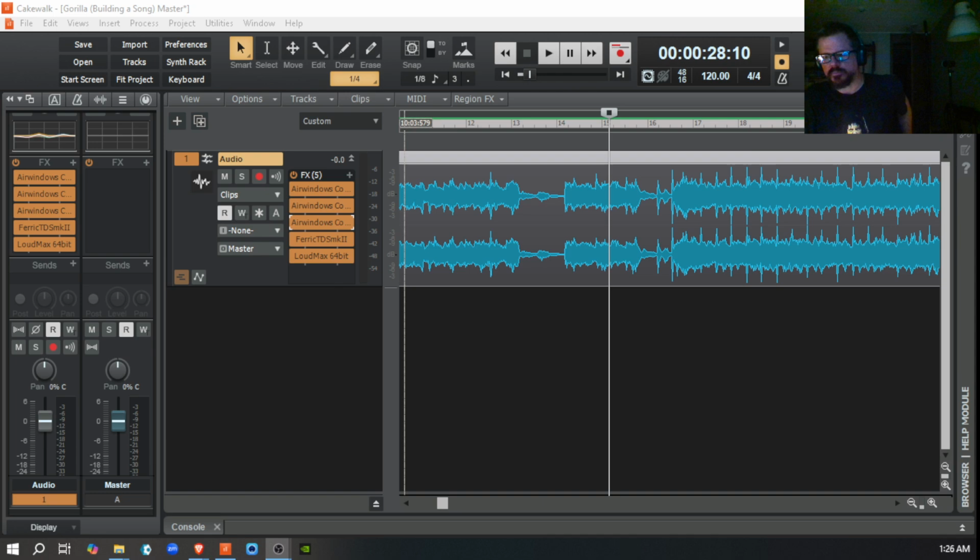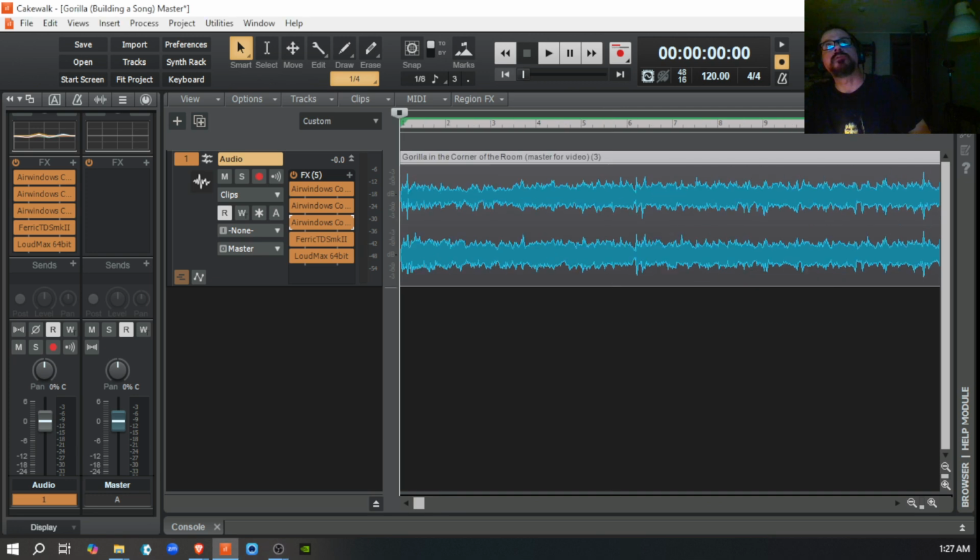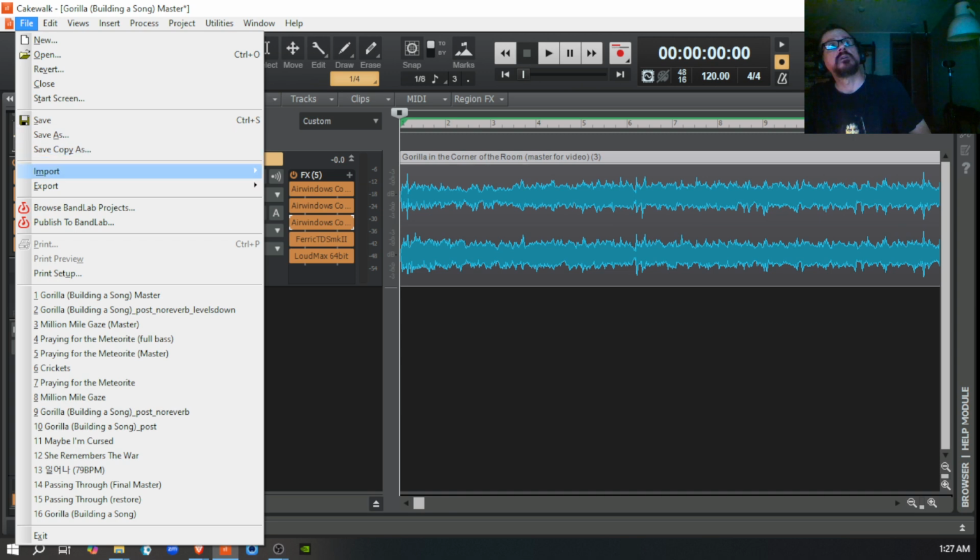Okay, so here's how I'm going to do that. And then I'm going to talk about a few final touches that I added here in the effects rack. You see the three of them are from the Air Windows Consolidated suite. And I think they really bring something to the party here. So first, before I even play it back, I'm going to import